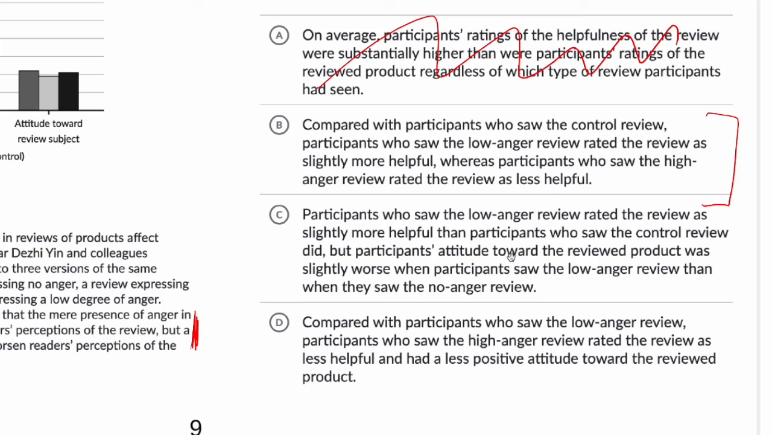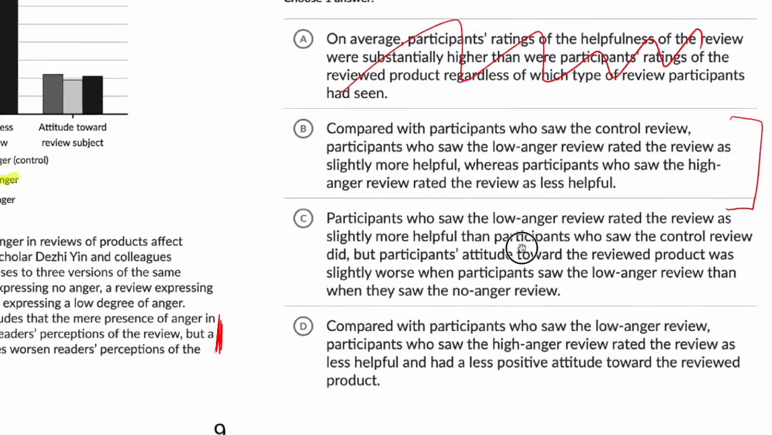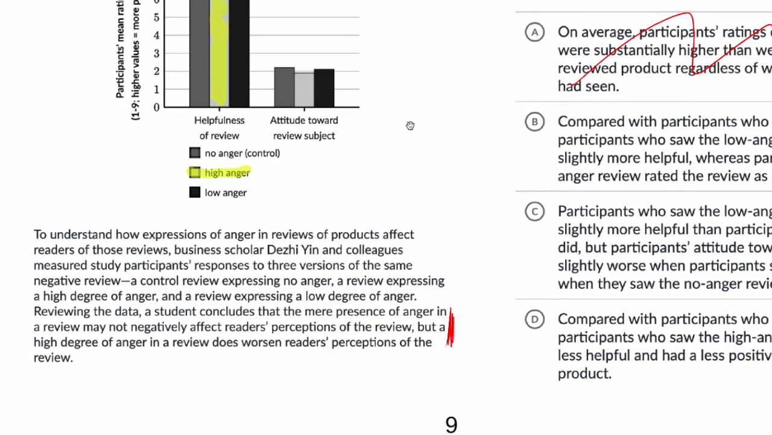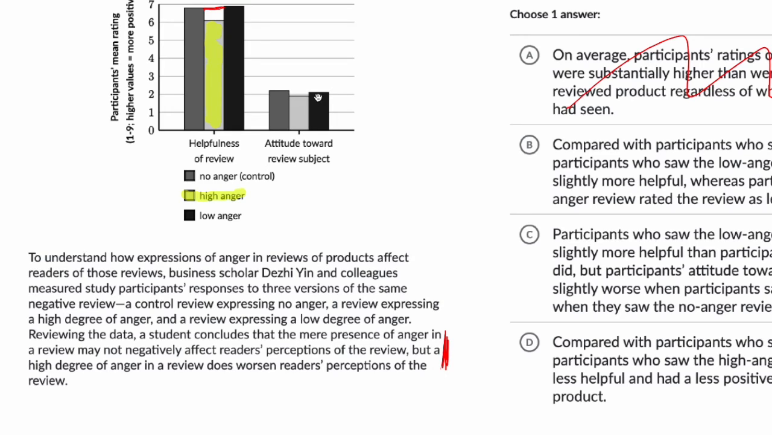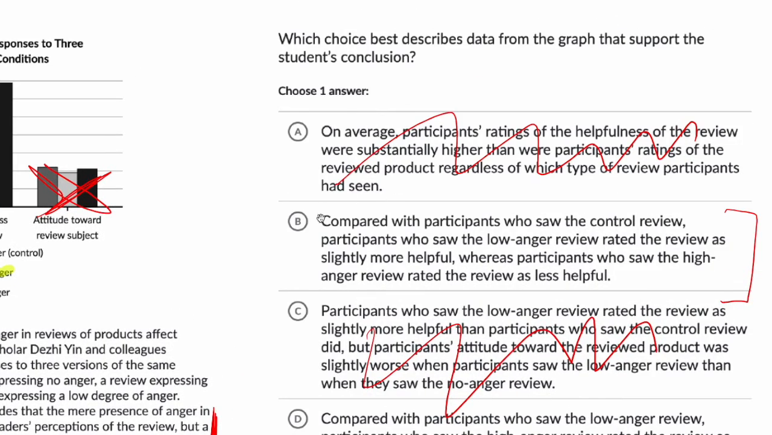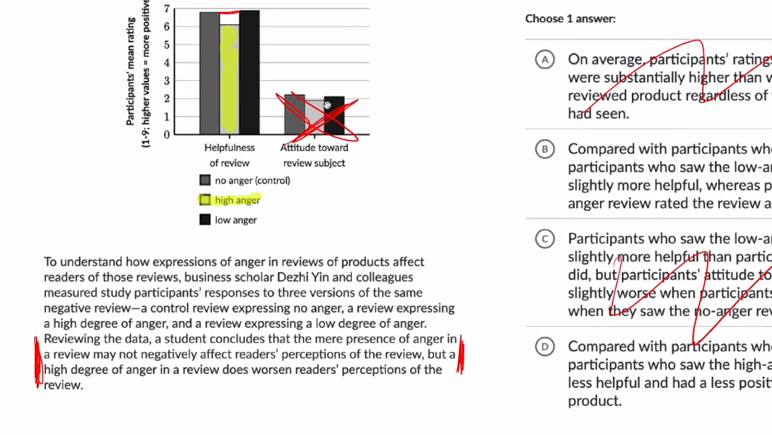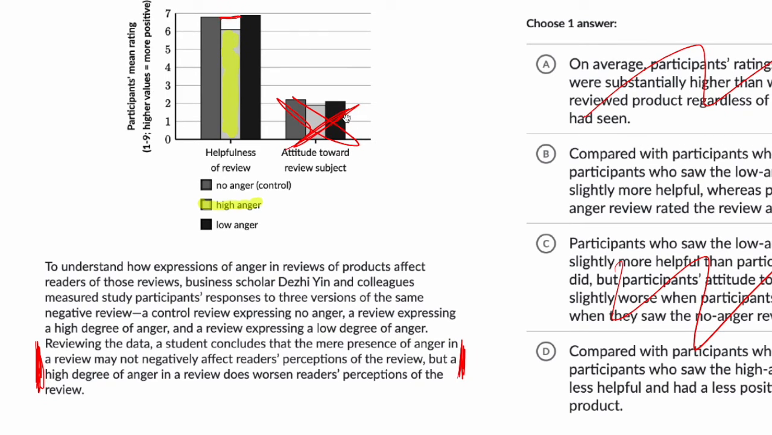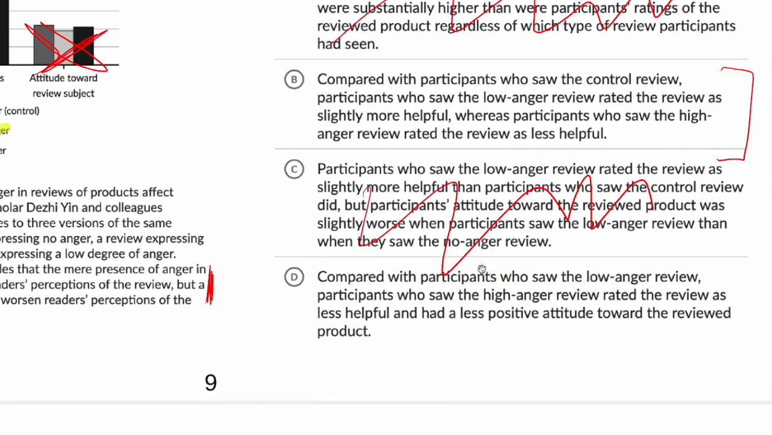But participants' attitude toward the review subject is something that we can ignore here because it's not part of the student's conclusion. And so C is talking about things that are just not, the student doesn't conclude anything about the attitude toward the review subject, meaning the thing being reviewed. Then D,